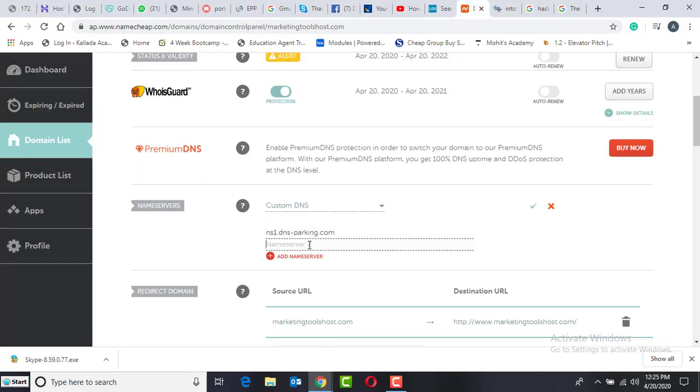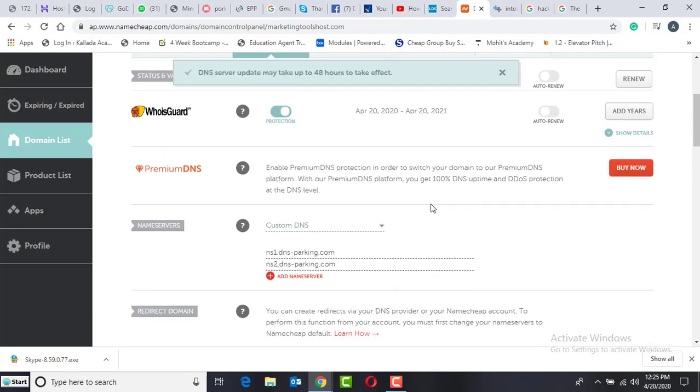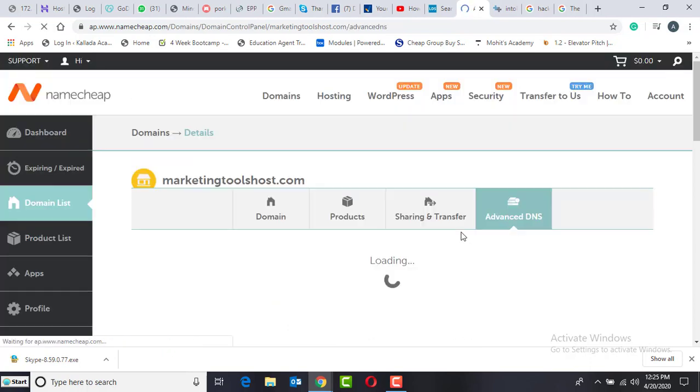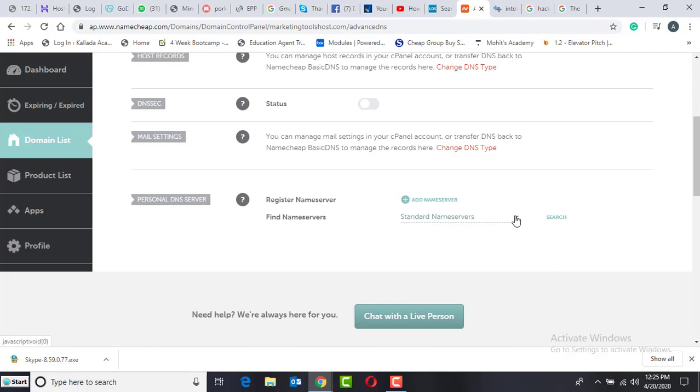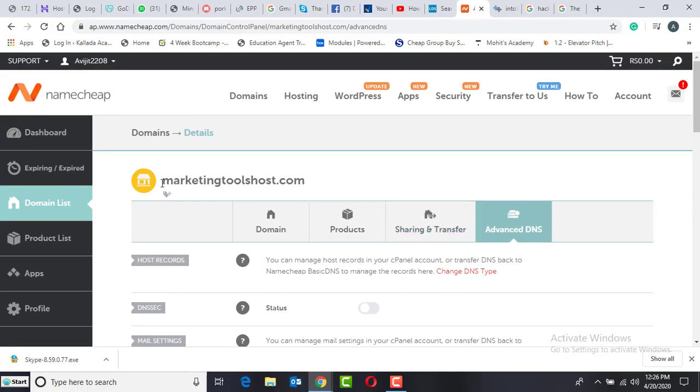Then there is a green tick mark over here, and then you just have to save. The moment you save it, you will just have to see whether everything is proper in the advanced DNS or not.